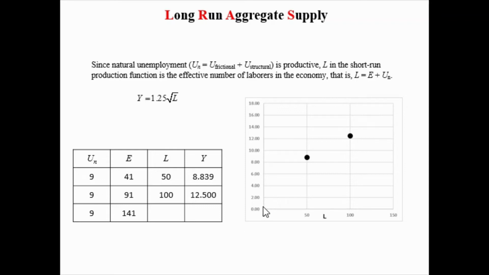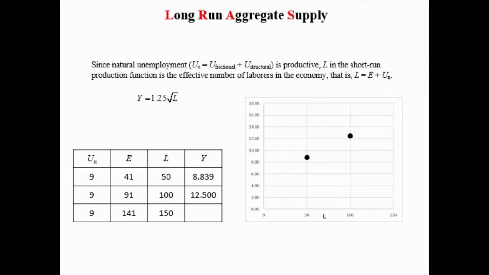So the production function goes from 0, actually it goes from 9, right? It actually goes from about 9 here. But we'll just assume it goes through the 0,0. So GDP from a 0 level of effective number of laborers, it jumps quite a bit when we add 50 million effective laborers. When we add 50 more, it doesn't jump quite as high, does it? And then we'll calculate it when we have a number of employees equaling 141 million plus 9 is 150.